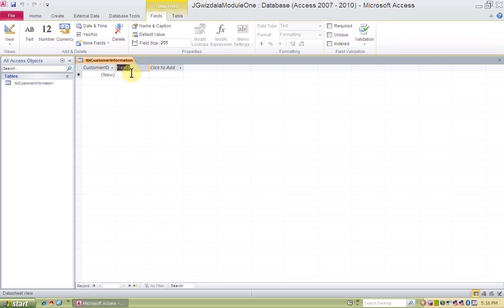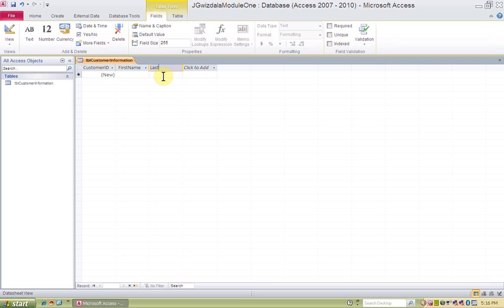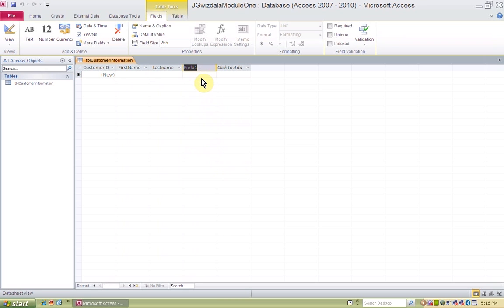Name wants more than one field, so you're going to put your first name. And if you want to just put F name or L name or however you want to name your fields so you and the user know, that is fine. I just put it all one word, first name, then I'm going to add last name. Now our address wants more than one field, so I would just keep with the text and put address for the street address,